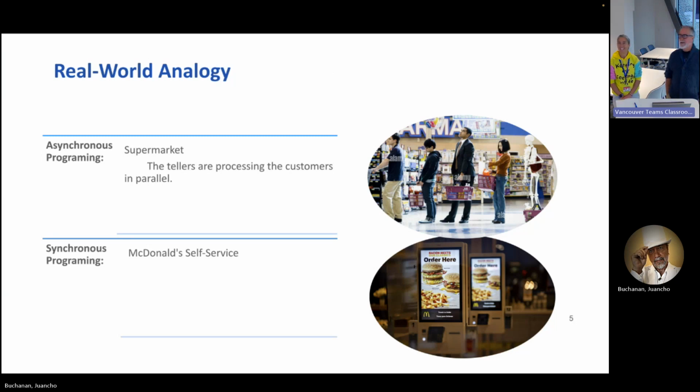But come prepared again, because we're going to do an exercise. But this is big. So if you look at a supermarket,